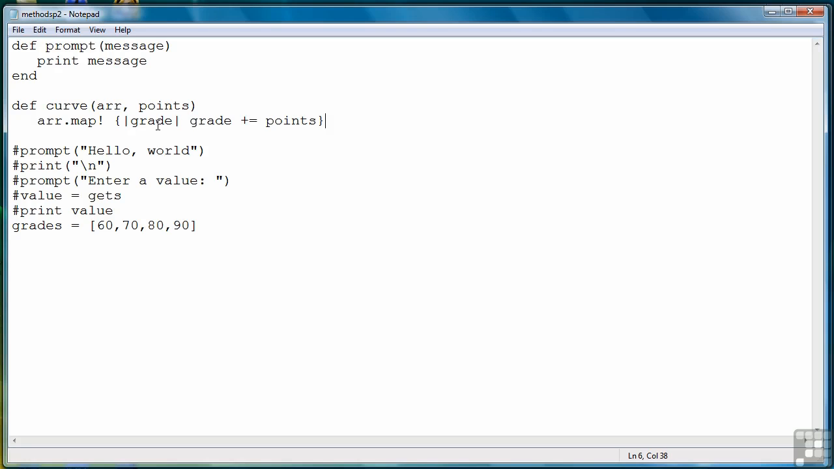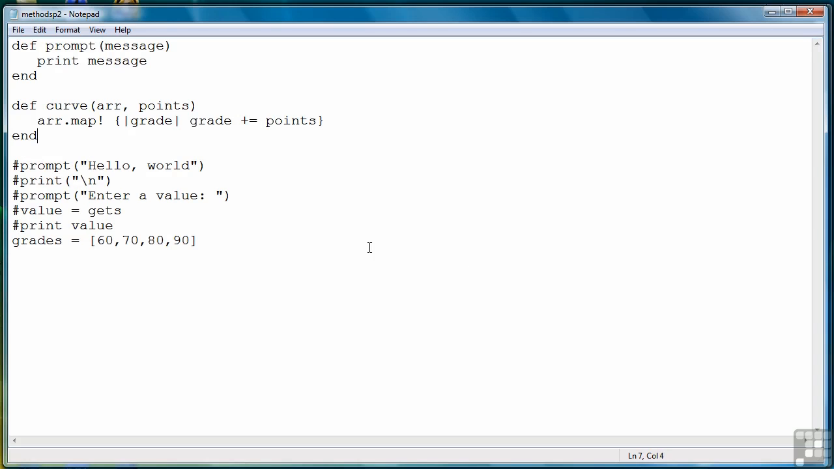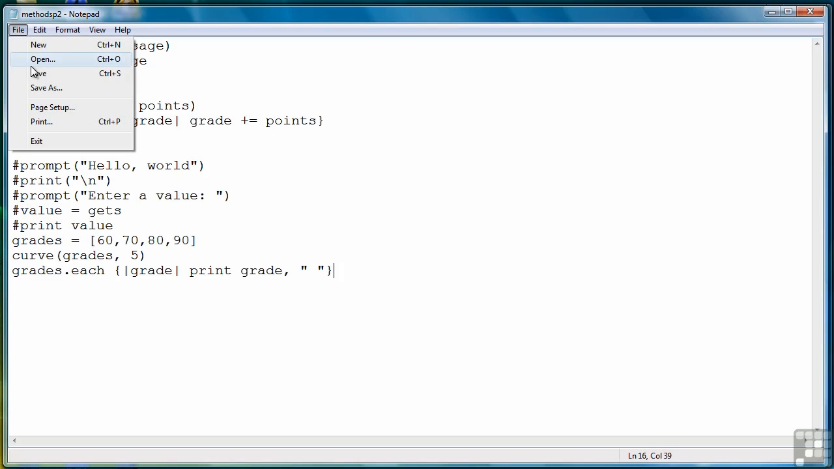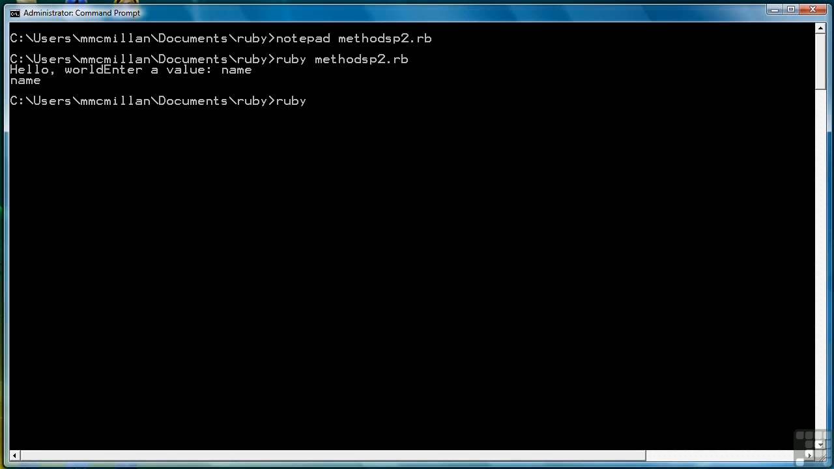So what we're saying is for each grade in the array, add the number of points to it that we specify. So let's give that a shot. Right there. There we go. Now let's display the grades. Save the program. Now let's run it. So we started out with 60, 70, 80, and 90, and our program modified those grades to 65, 75, 85,